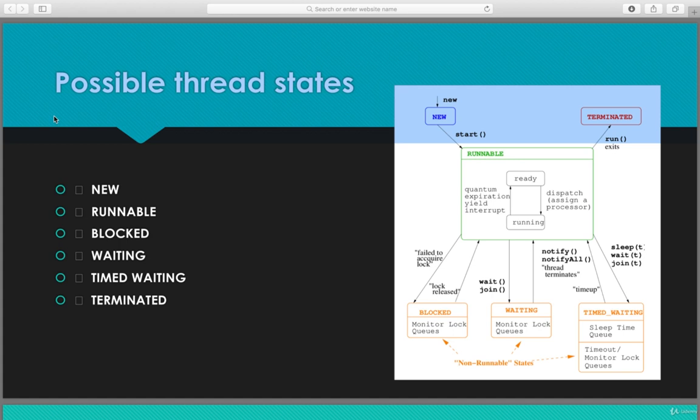Welcome to the session about thread states. So in here we'll discuss the thread states, and we have new, runnable, blocked, waiting, timed waiting, and terminated. So these are the thread states: